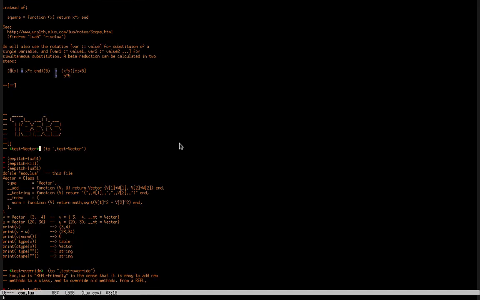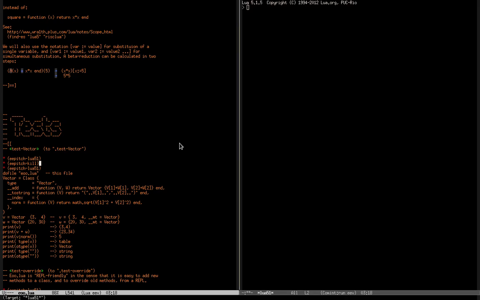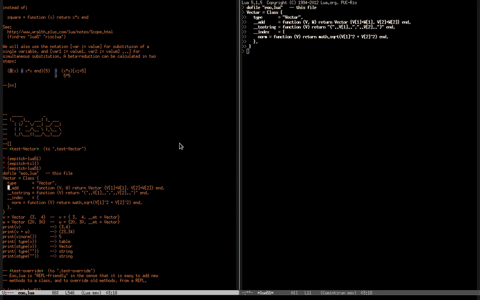And here's an example of how it works. Here we define a class Vector with some meta methods. This meta method here will tell Lua what to do when the user asks to add 2 vectors. This one here tells Lua what to do when the user asks Lua to convert a vector to a string, and whatever.